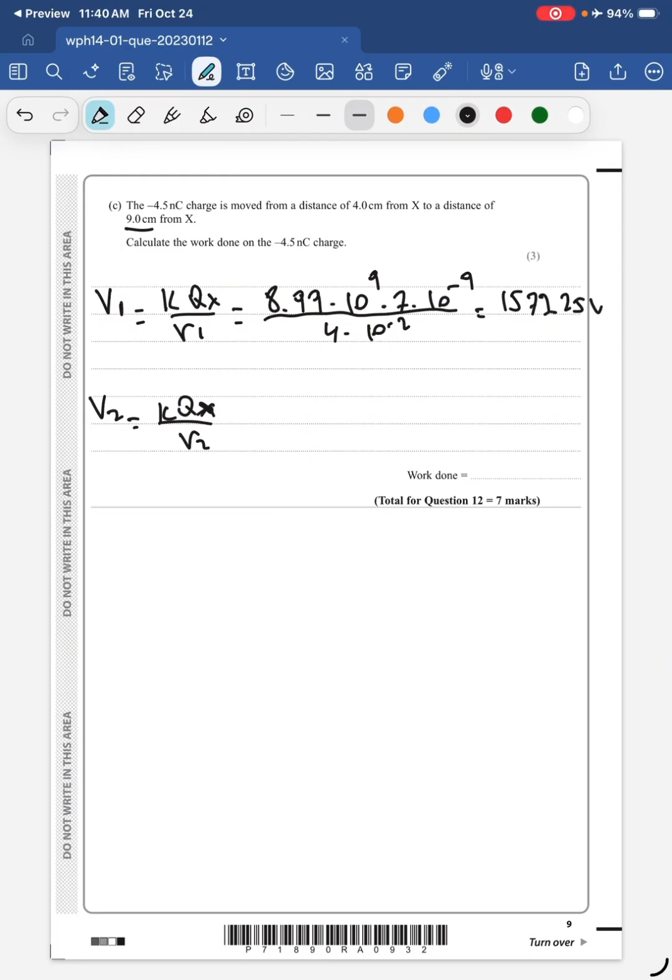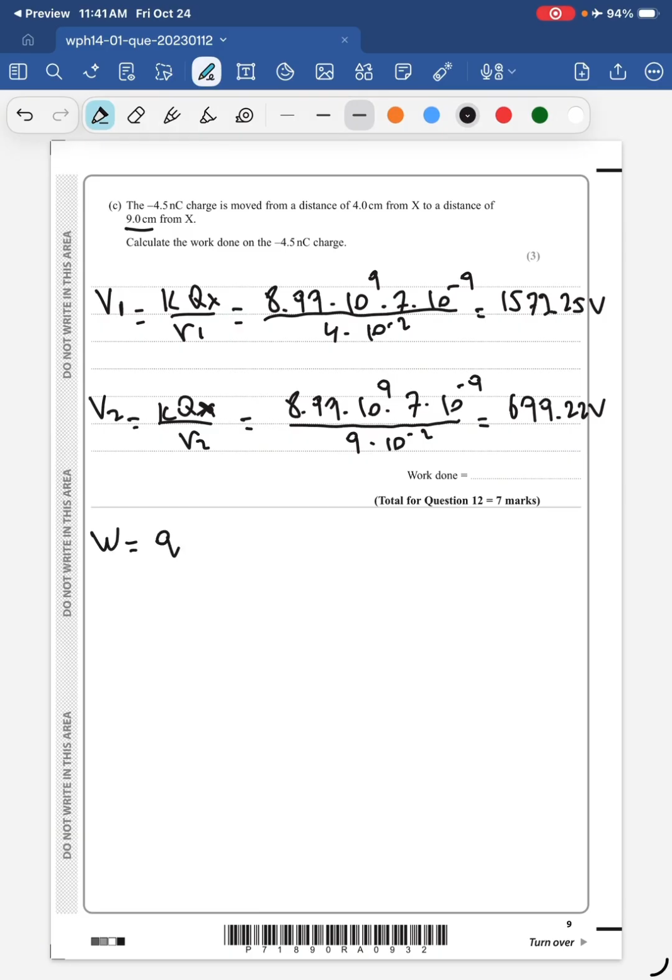1573.25 volts. And for the second position, if we plug in numbers again, the numerator is the same, but the denominator reflects the change in position. So 9 times 10 to the negative 2 gives us 699.22 volts. But we are not done yet, because we have to calculate the work done, which is given by